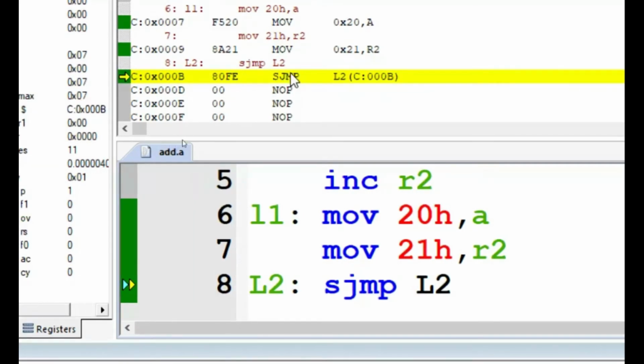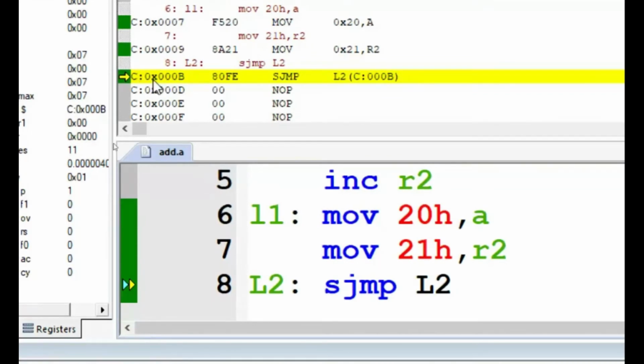This assembly language, which is a high level language, is converted to machine language like 80 and FE because of the presence of the cross assembler. Because of the presence of the loader tool, 80 is kept in 0B and FE is kept in 0C, and the next location is 0D. Like this it goes on. There are a lot of tools available. In our case, we have written the code only in assembly language. This assembly language code has become machine language, and the machine language is sitting inside your program memory at 000B.